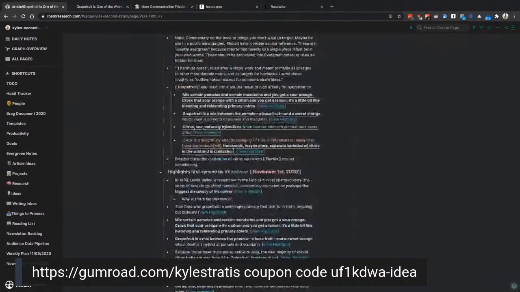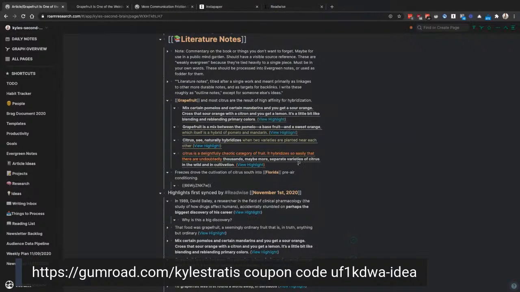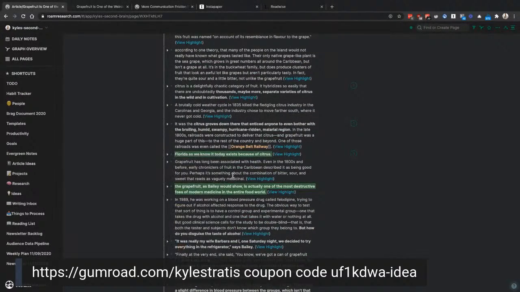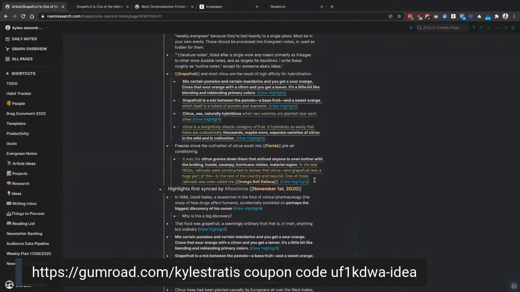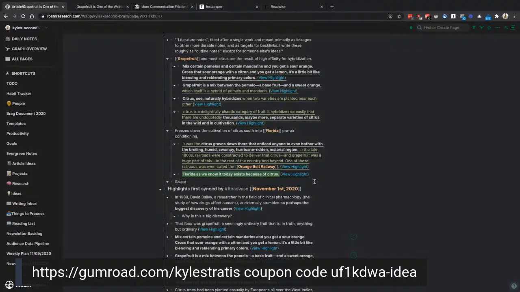So citrus groves, or the atmosphere in citrus groves, drove the growth of Florida. And so now this one will cover the pharmacological effects. Grapefruit and bitter citrus in general. Suicidal inhibitors of